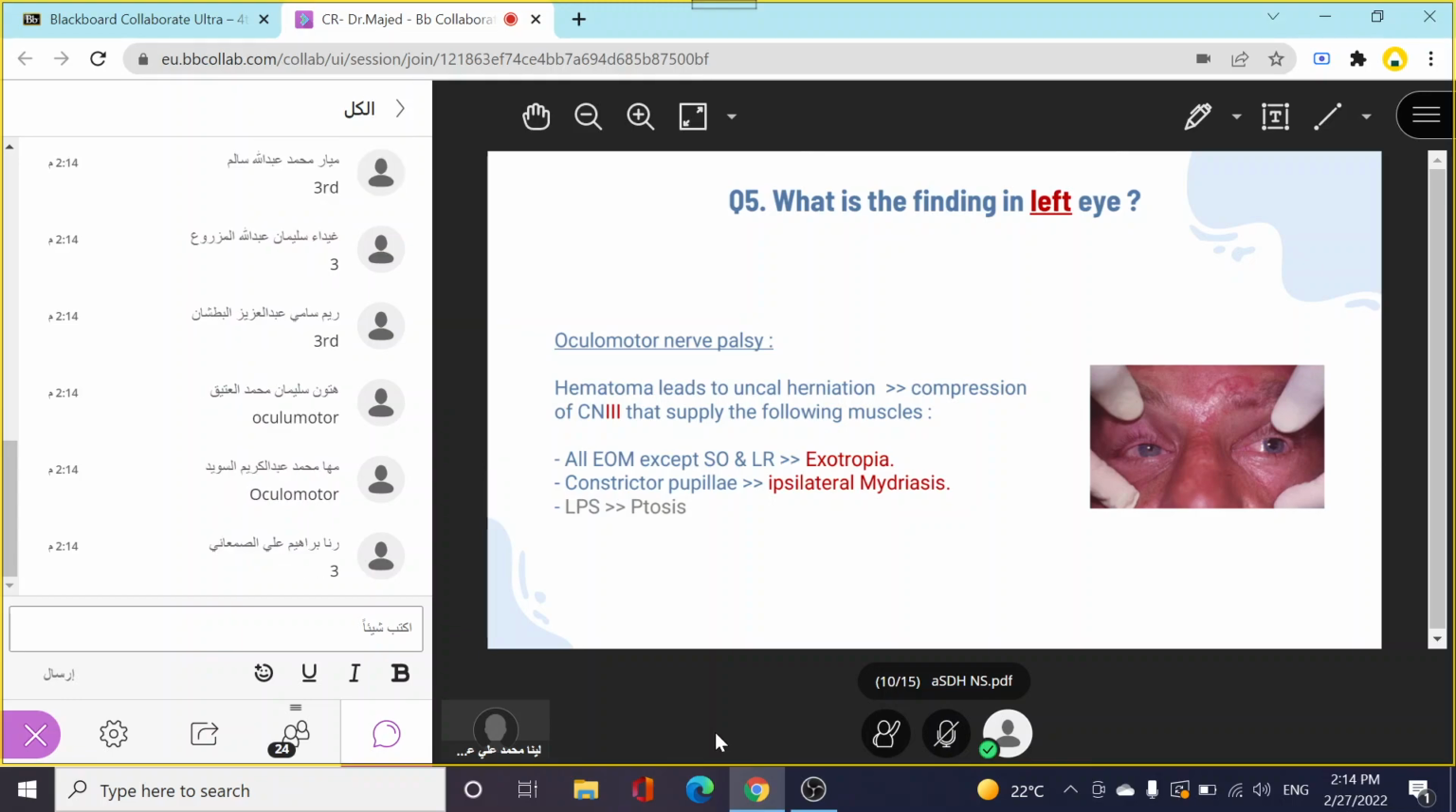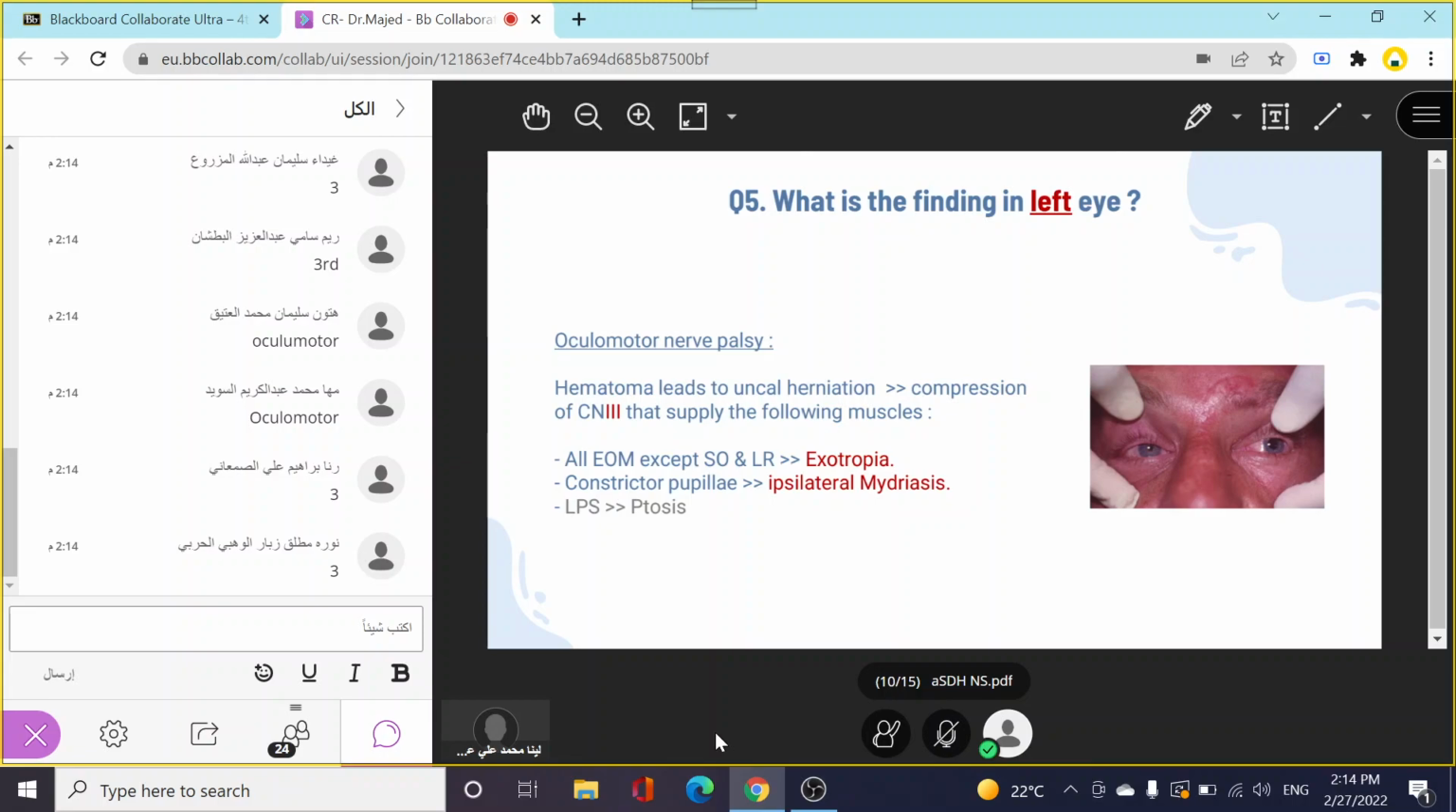So the patient is having an oculomotor nerve palsy, which is actually due to the hematoma that has led to an uncal herniation. The uncus is located in the inferomedial aspect of the temporal lobe. So when it herniates transtentorial, the tentorium being the membrane that is present between the cerebrum and cerebellum, it will lead to